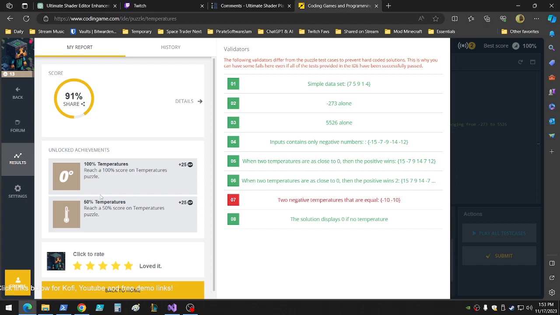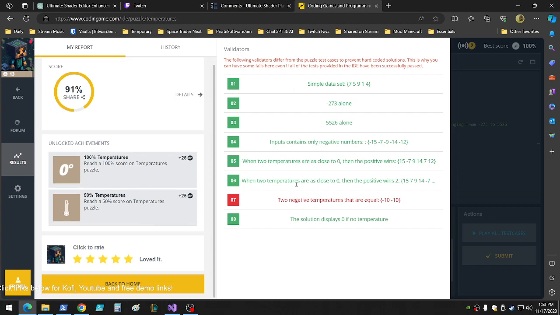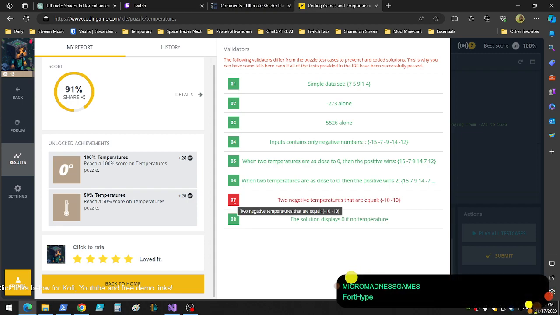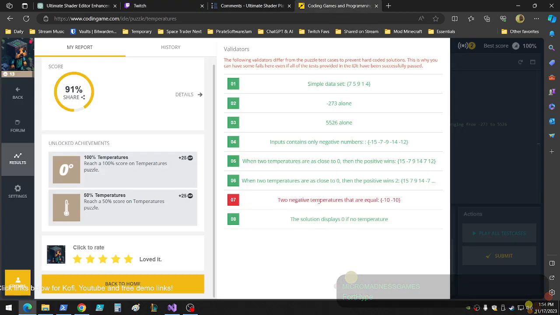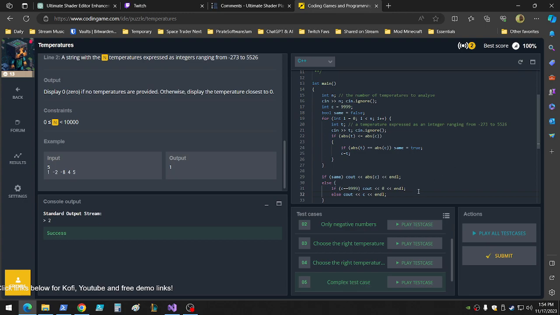So what did I do before? Two negative temperatures that are equal. Apparently there's a test case. What's that? What? So apparently there's a case where two negative temperatures are equal and it does not pass. So it gave me 91%. So can I go back? If two negative types are equal,